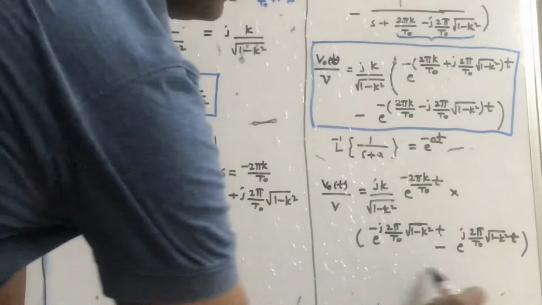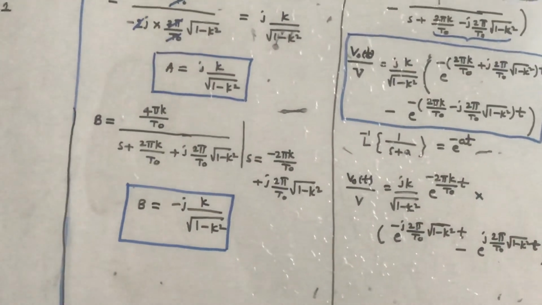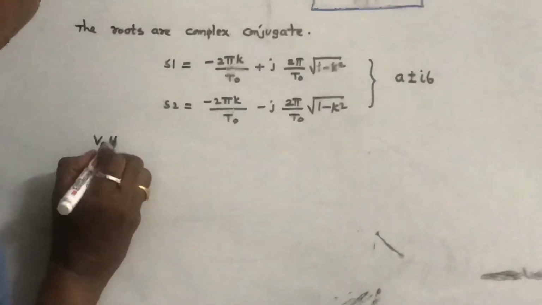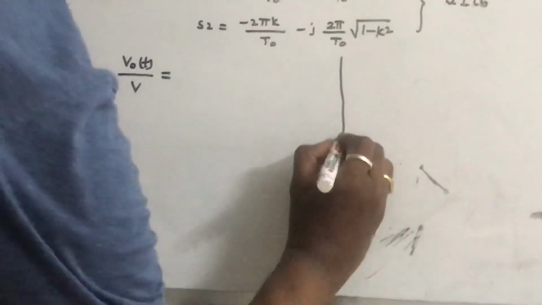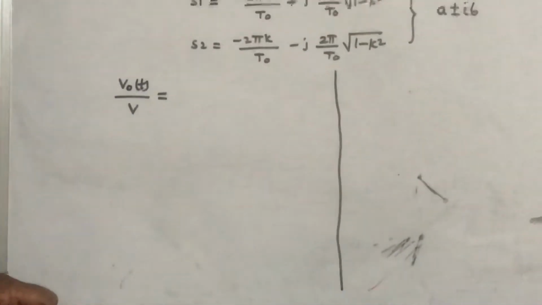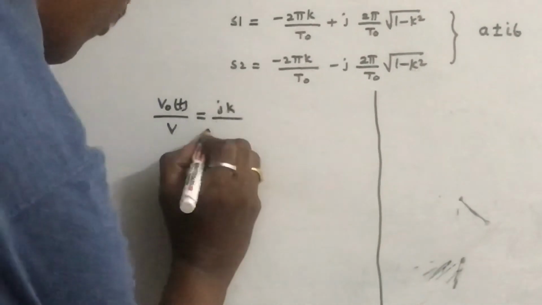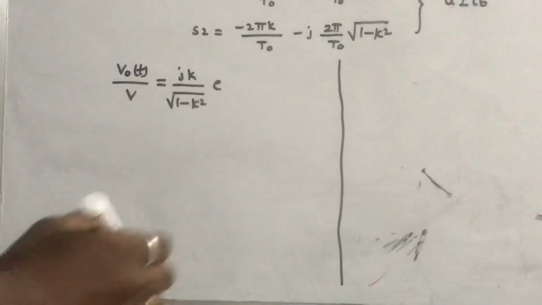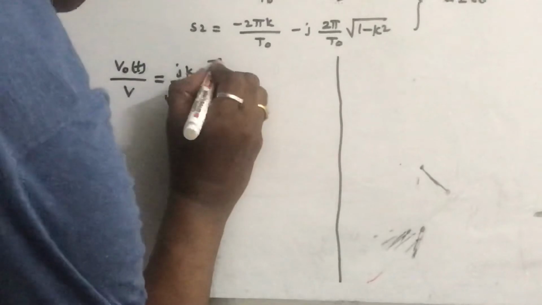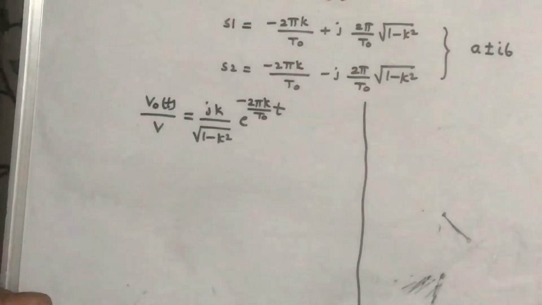So you can see that e power minus i theta minus e power i theta, from complex theory this is written as, I am writing it here. So therefore v0 of t by v, we can write it as v0 of t by v can be written as jk by square root of 1 minus k square, keep it as it is. So what is the remaining term? e power minus 2 pi k by t naught into t, keep it as it is. So this term